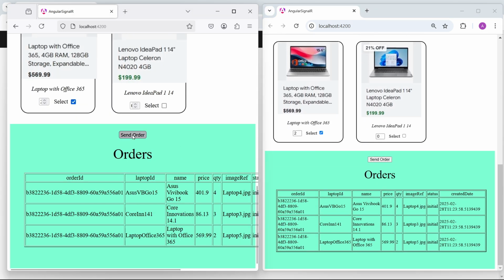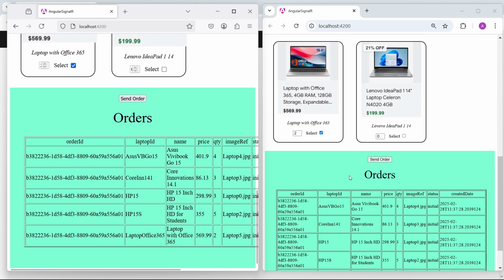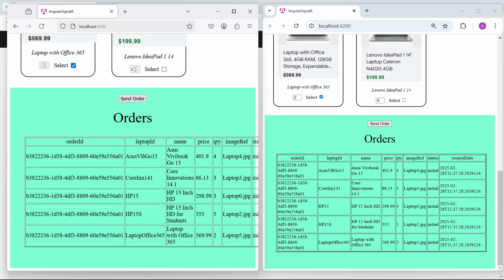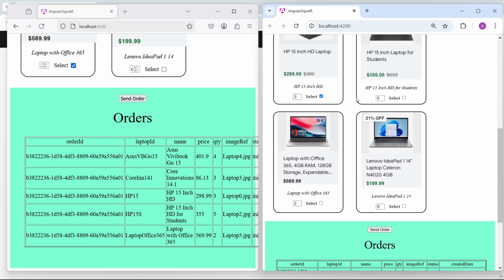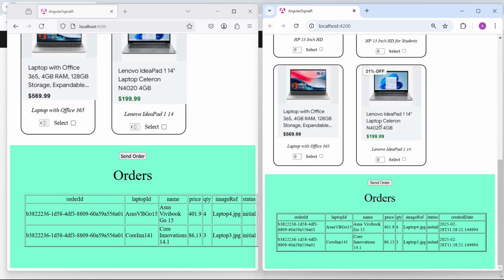Send order. New items are displayed in both users' browsers. Remove items. Send order. The order is updated in the browsers of all other users within the same group, and any user